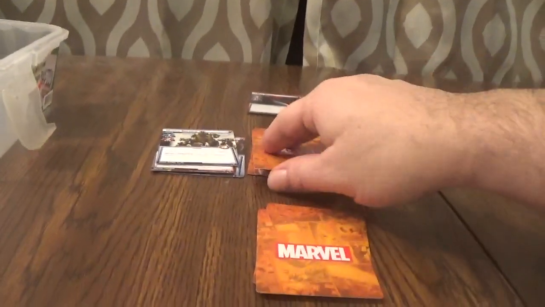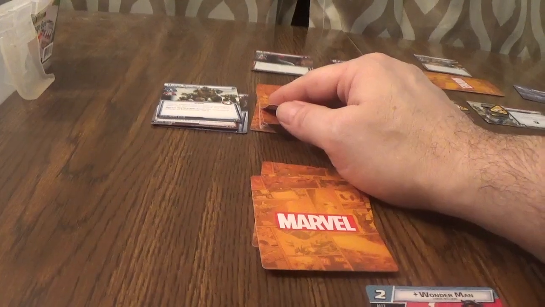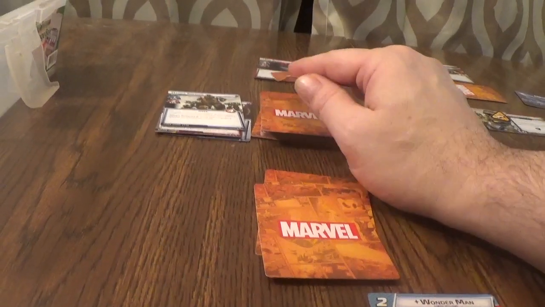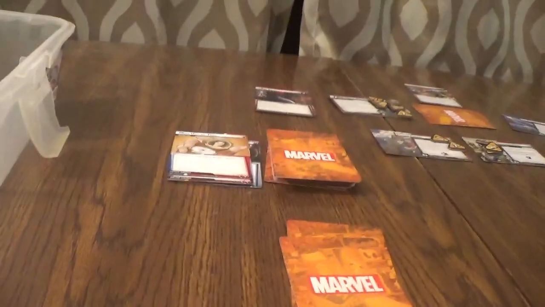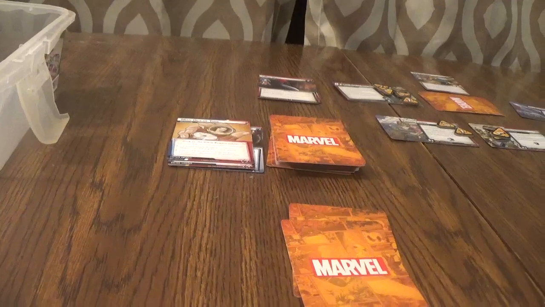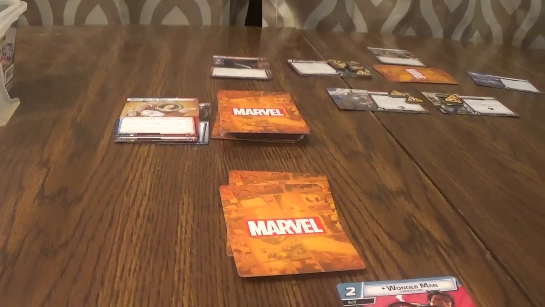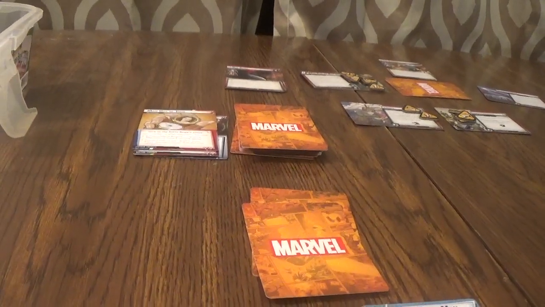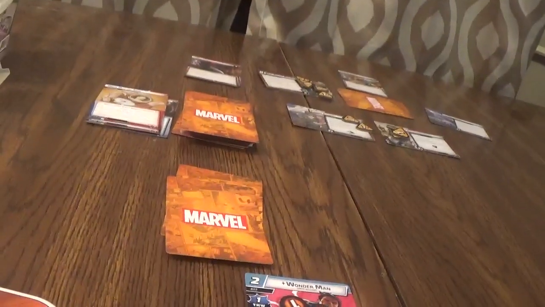So right now he has 1 attack. He gets +1 for each side scheme in play. So he has 3 attack. And then number 2 is 5. I think I'm going to exhaust his shield and use shield block to prevent that damage. Okay, then